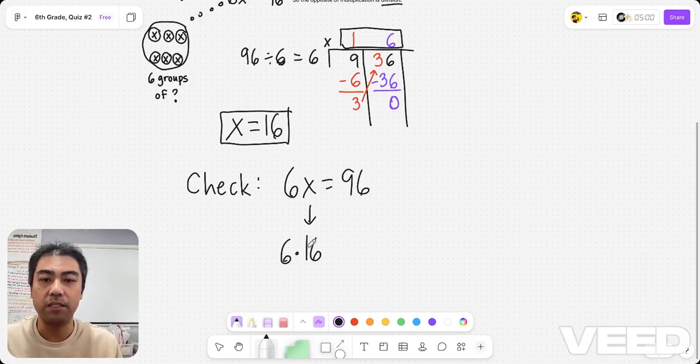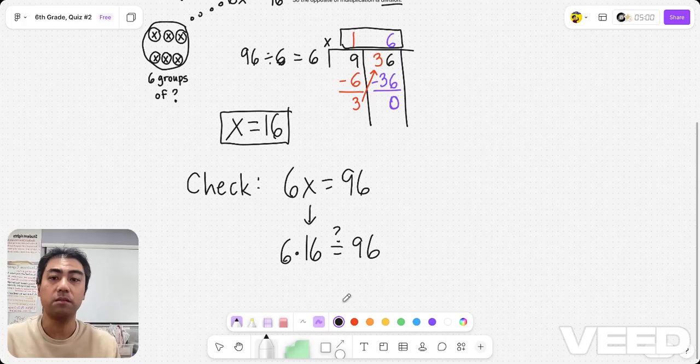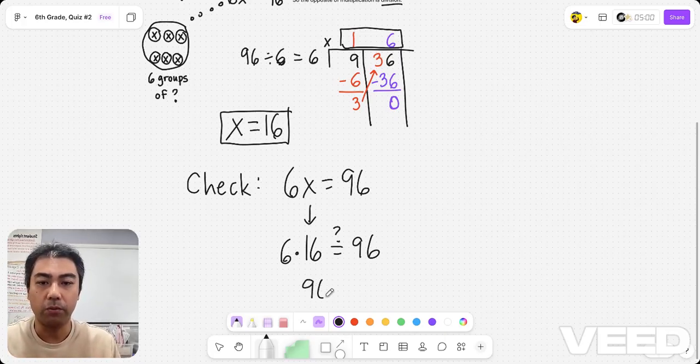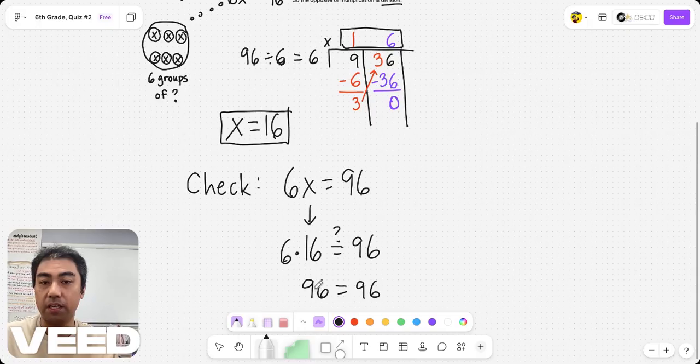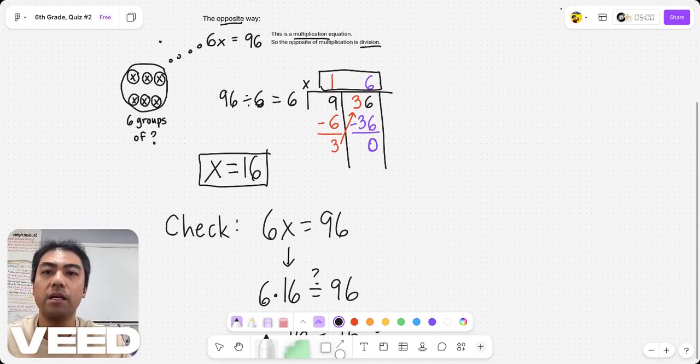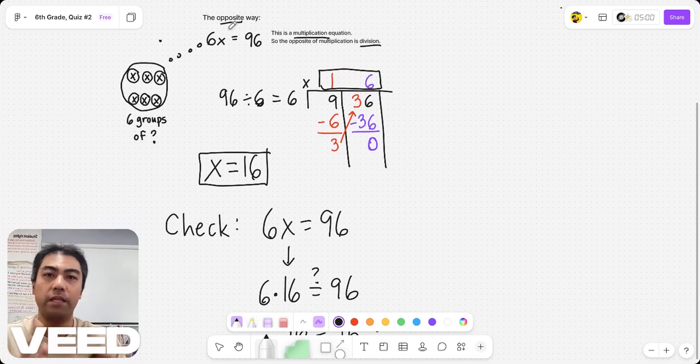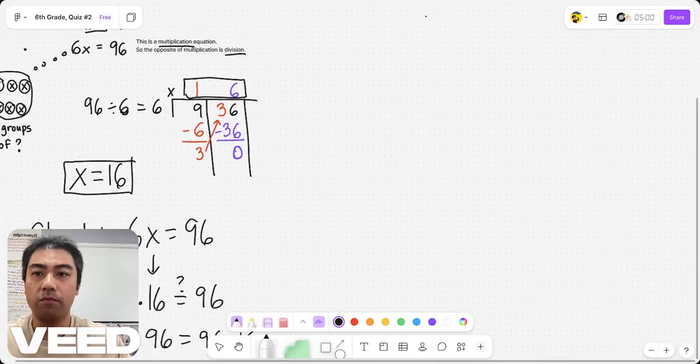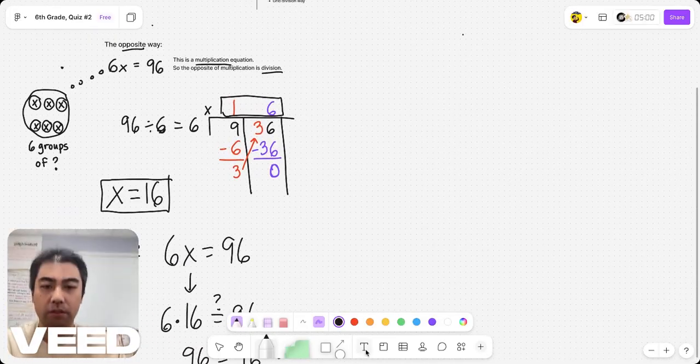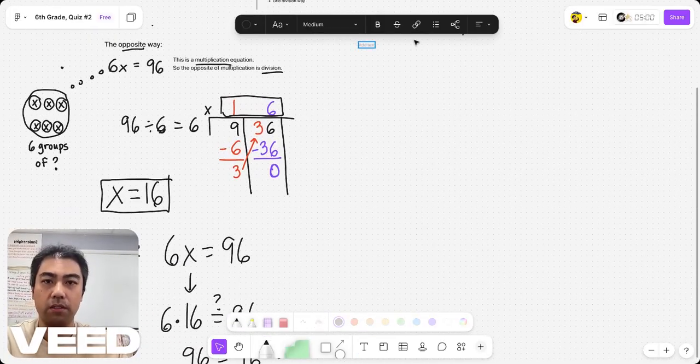Is 6 times 16 really equal to 96? And you can test that your own way. I mean, you can multiply your own way, and you'll realize that, yeah, this is 96. And yeah, they're the same. They're equal. So I know I did it right. Okay. If you only do it the opposite way, that is cool. For those of you who want to do this the